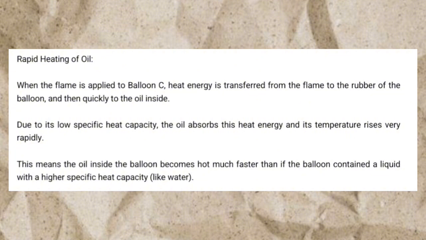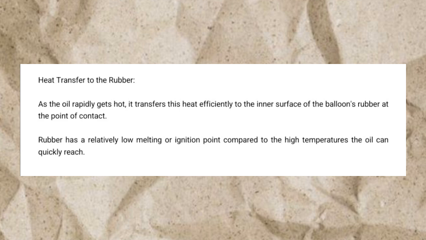Due to its low specific heat capacity, the oil absorbs this heat energy and its temperature rises very rapidly. This means the oil inside the balloon becomes hot much faster than if the balloon contains a liquid with higher specific heat capacity like water. As the oil rapidly gets hot, it transfers this heat efficiently to the inner surface of the balloon's rubber at the point of contact. Rubber has a relatively low melting or ignition point compared to the high temperatures the oil